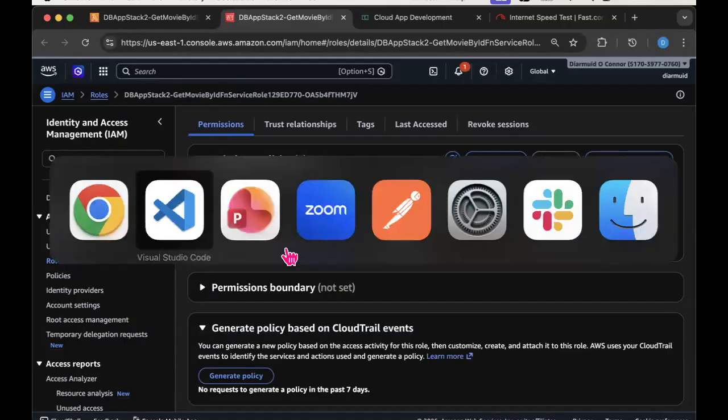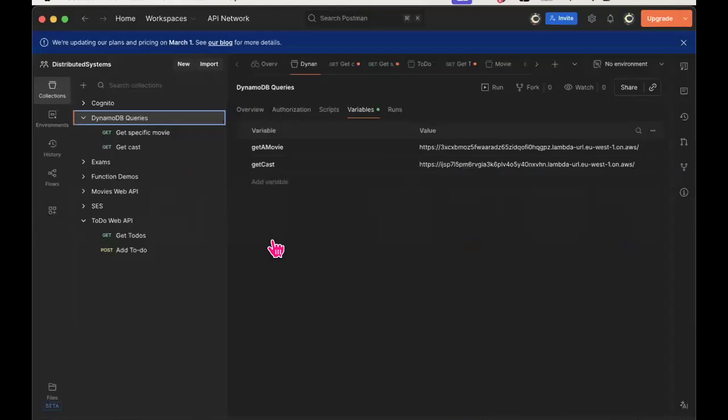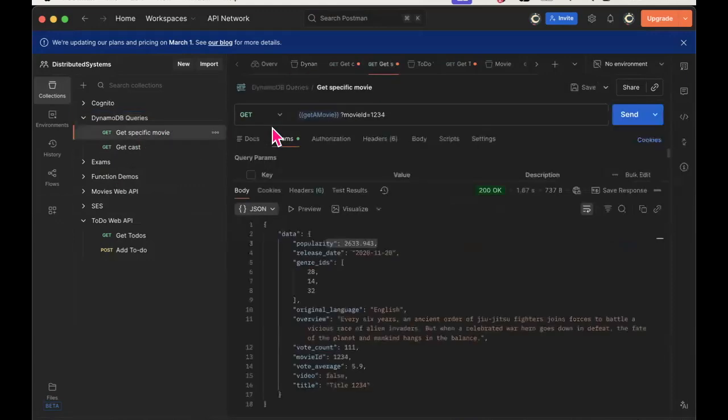Now if we try and trigger the Lambda, the Lambda actually has a URL which I've already configured in my Postman, and the URL is this one here. So if I try and do a get specific movie, try and get movie 1234,